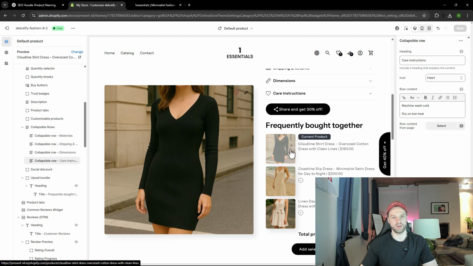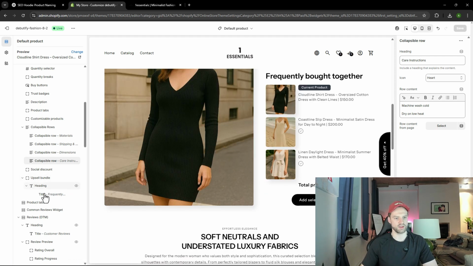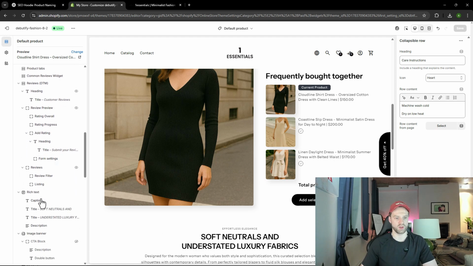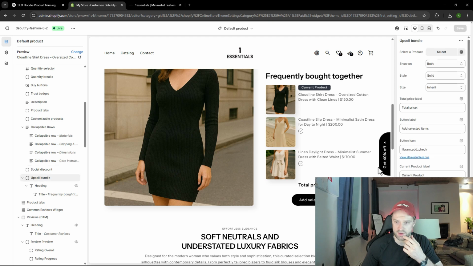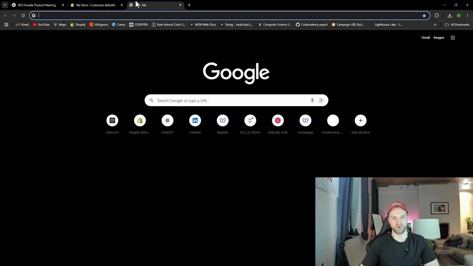Bundles, it's a really, really cool feature to have because it's encouraging people to buy more products at a discount, guys. So here, for example, let's actually do that, guys. So you can see how discounts are created as well, guys. So first I need to see the upsell bundle. Do we have a discounts? We don't have discounts. So let me just open a copy of our Shopify